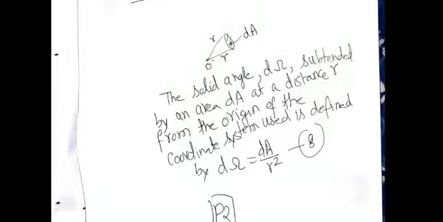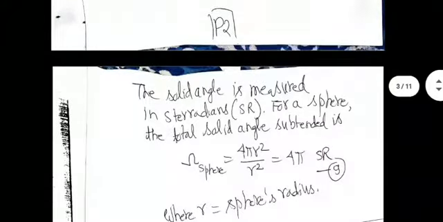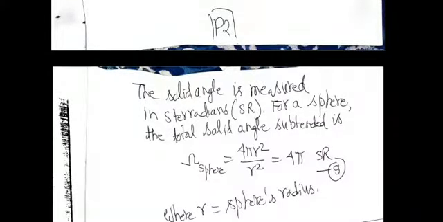Okay, so remember this definition. Don't worry about going too far in solving problems on solid angle. That's not the objective in this course. So d omega, the solid angle subtended by the area dA, is dA divided by r squared, as simple as that. The units are steradians, or sr.